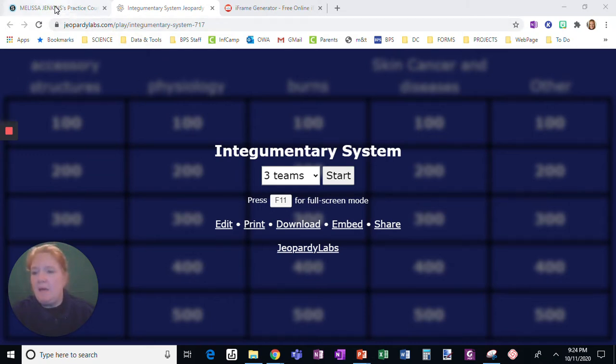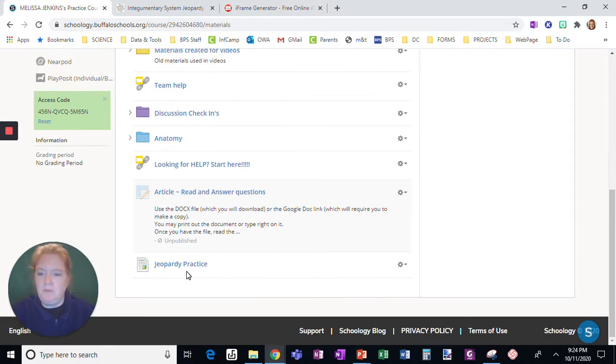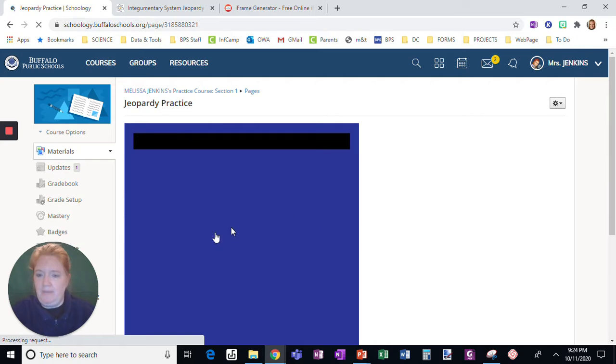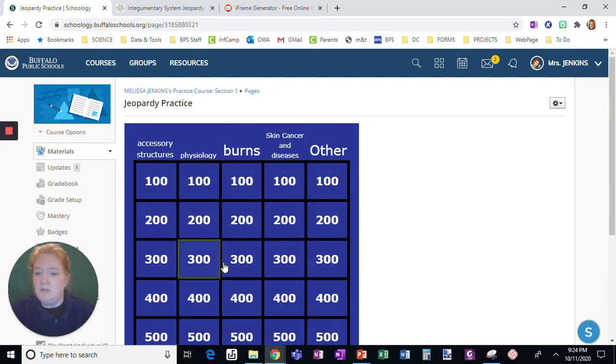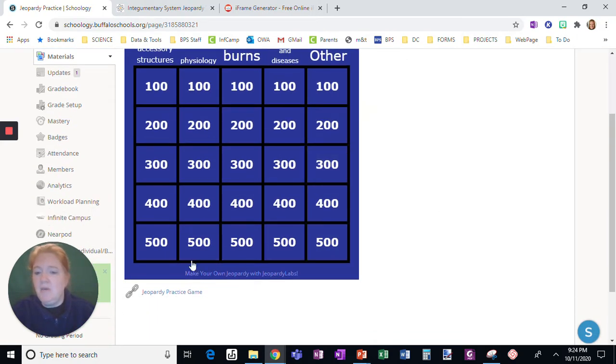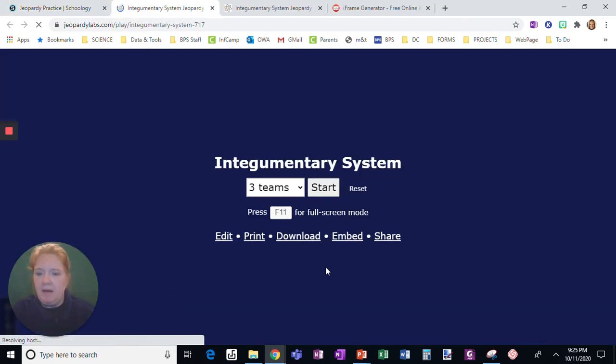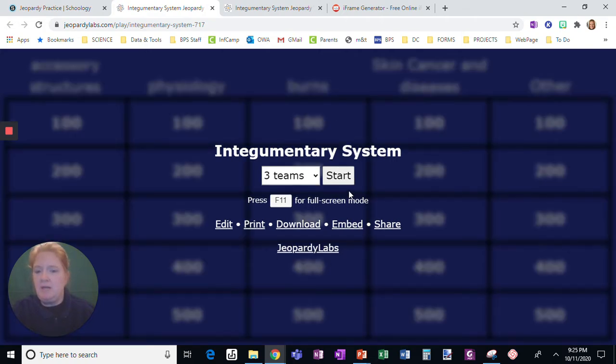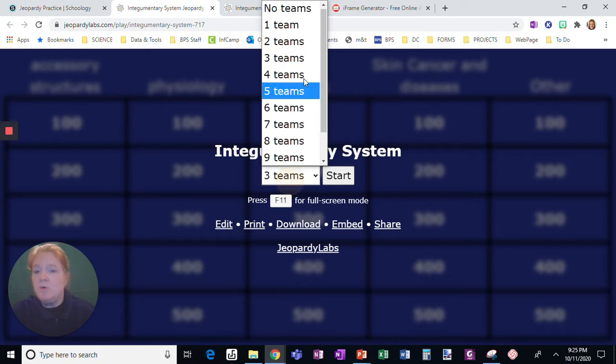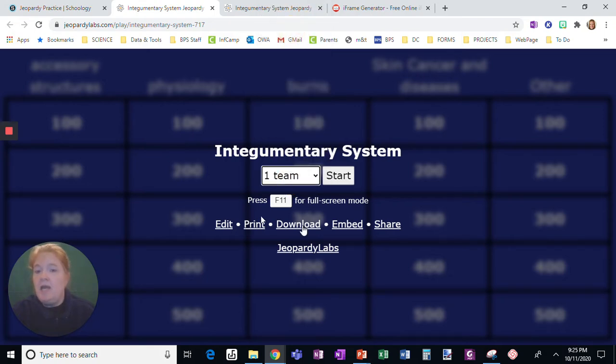Okay. And then what I did is I posted it in Schoology as a page. Okay. And it looks like this. So students can self-practice. We don't have the option to do the score. Okay. However, if students click this link at the bottom, all right, they will get this menu, which is what we were just looking at,